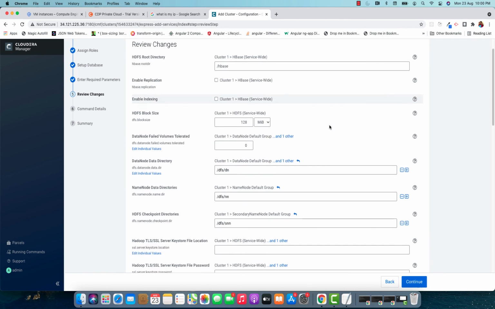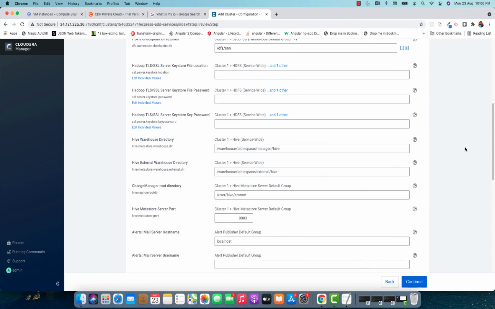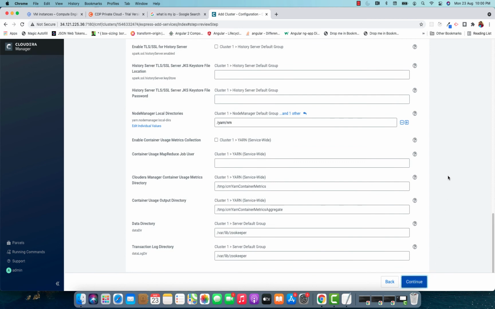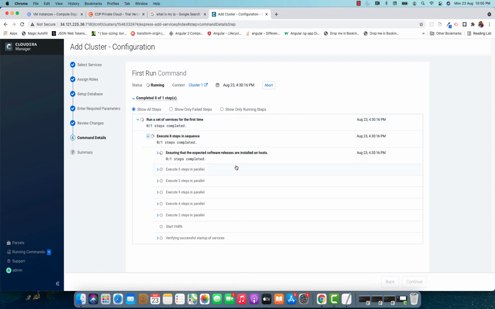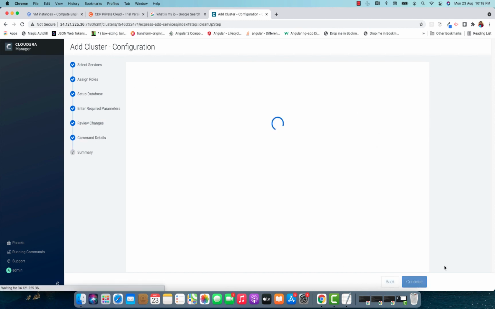and here is some configuration information. So if you want you can change it, but for the time being let's go with the default options. Let's click on continue, and now it has started running the script to install all those applications. So let me pause the video and come back once all these applications are installed. Now we can see that all those parcels have been installed. Let's click on continue and finish, and it will now take you to the cluster home page,